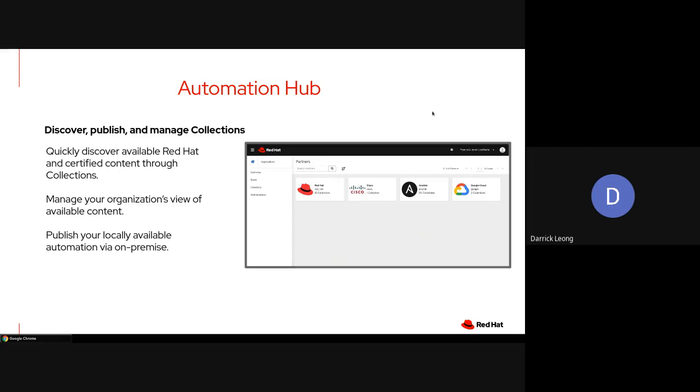So collections, you're able to discover these collections from the Automation Hub itself. Automation Hub can be used from cloud.redhat.com, or you can actually have Automation Hub locally on premise within your cluster itself.